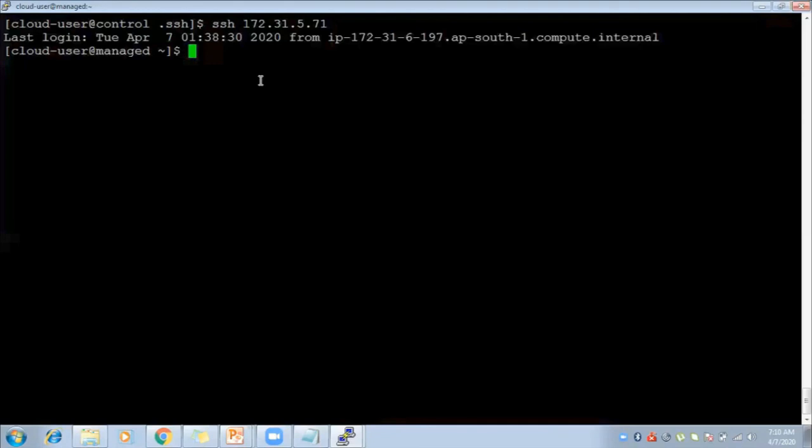There is a config file, right? Where you can go and make it passwordless, in such a way that it won't ask you for the password.